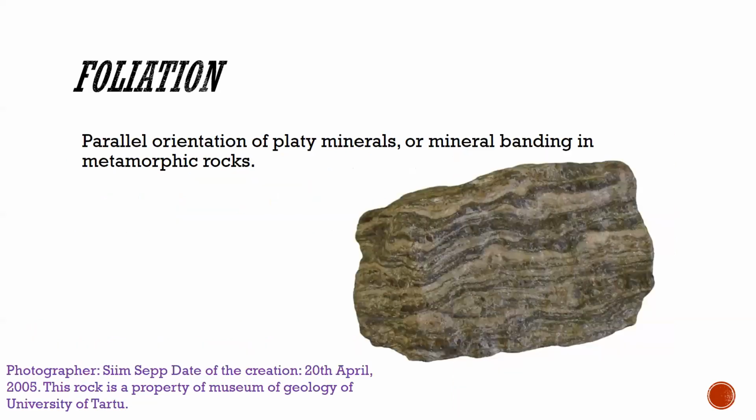Foliation is basically observed in mineral structures, a parallel orientation of the platy minerals. This is not a very big issue for the bench, but it is a source of weakness, so we should consider it in the discussion. That is why we have included it. This picture has been taken from the museum of the University of Turkey.